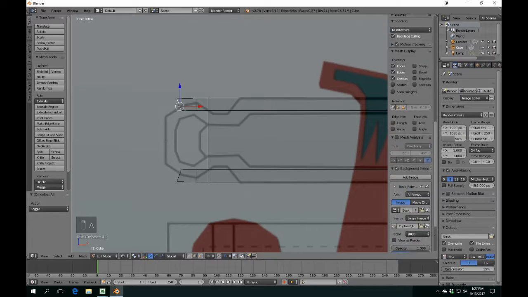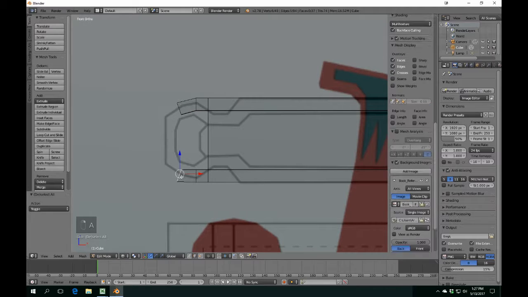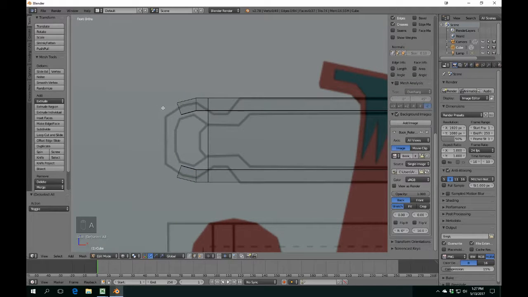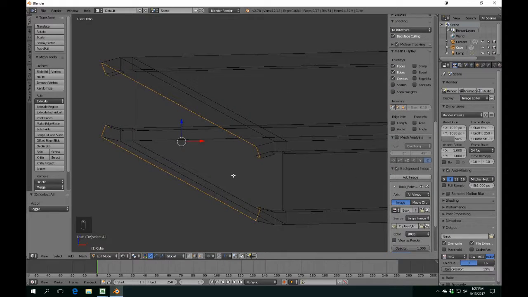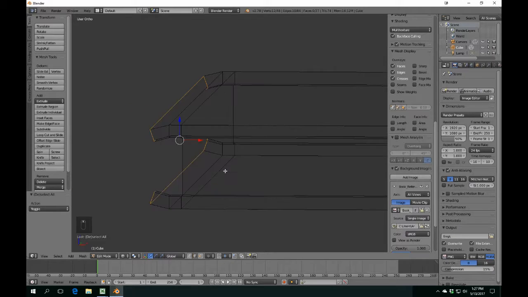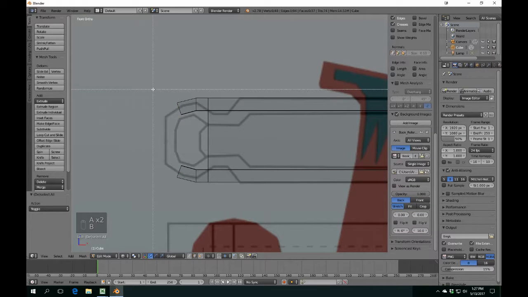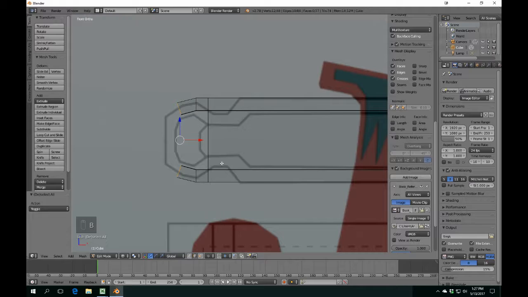And now we can just bring these in, keeping this edge in line with the edge on the background image. And the same with this one. Now we want to extrude them again. So we just select all of them using the box select, which is the B key. Selects everything that I grab in the box. Extrude them,